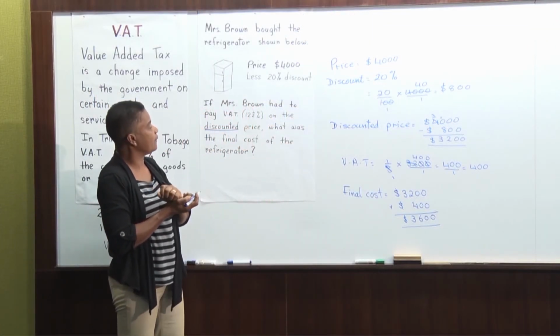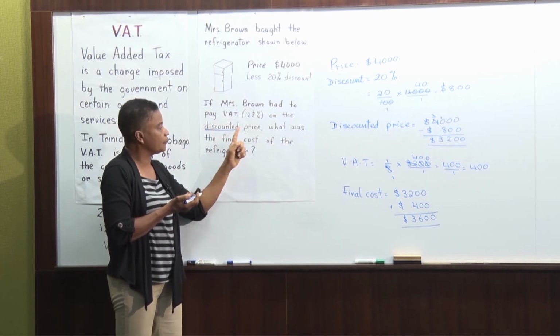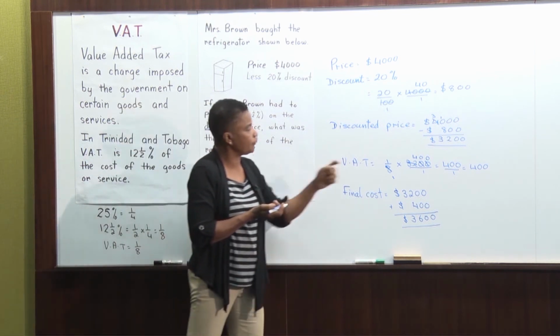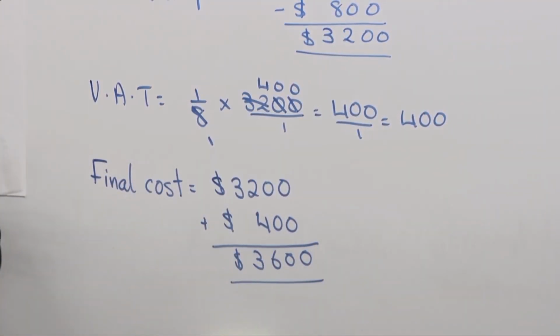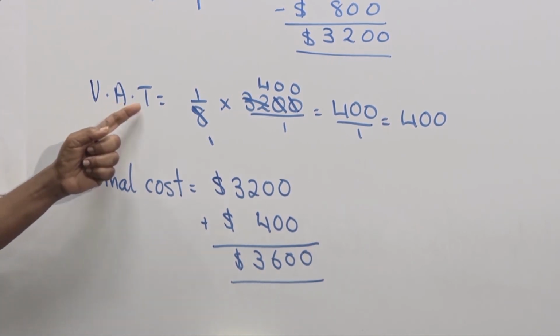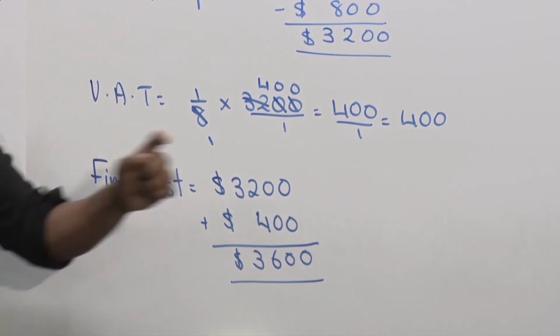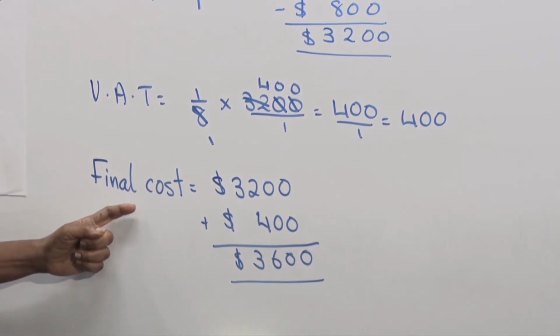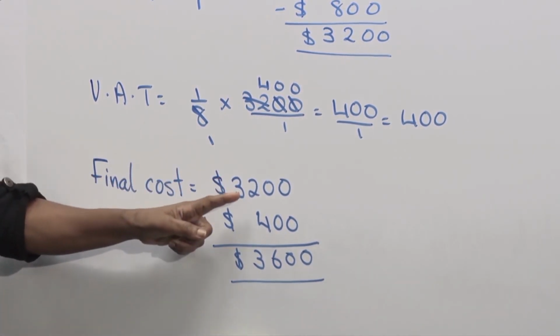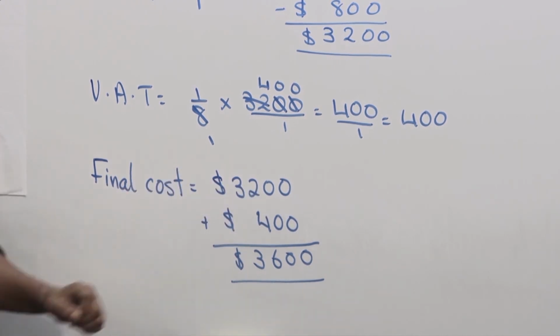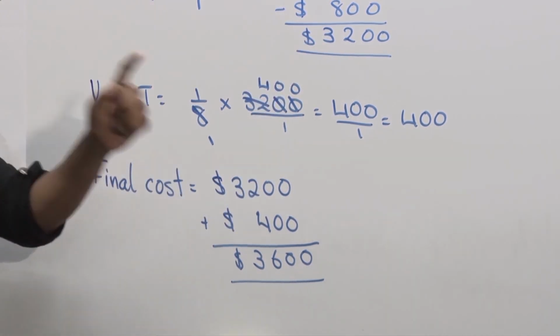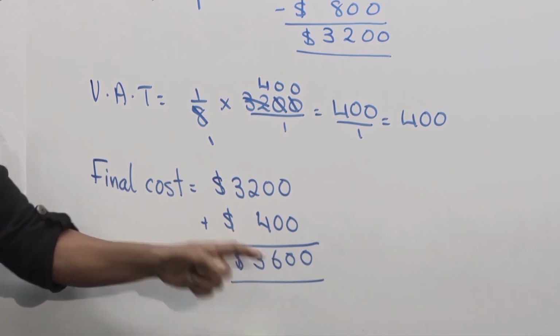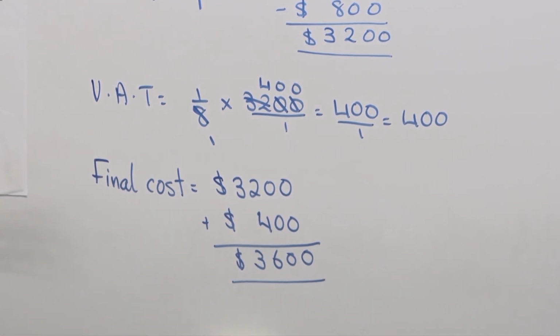Because the sum says on the discounted price. So it's important we find the discounted price first. The value added tax Mrs. Brown has to pay is $400. Therefore, the final cost of the refrigerator would be the $3,200, which is the discounted price, plus the VAT of $400,